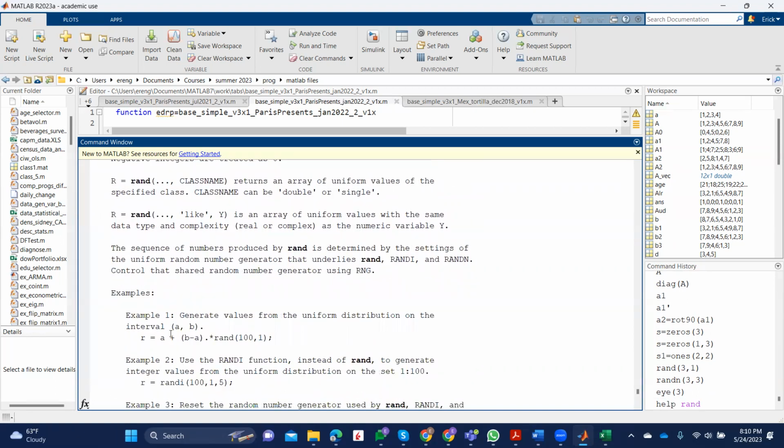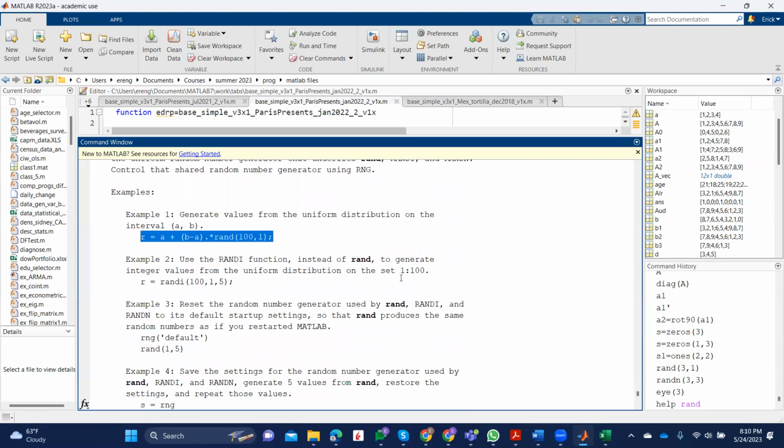Yeah, for example, this is the way you do it. A plus B minus A random, this one here. Oh yeah, you have one here. For example, this is in the interval between